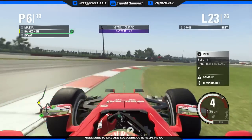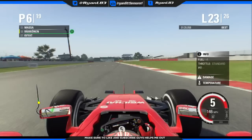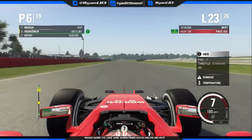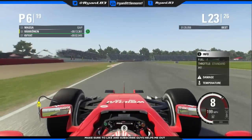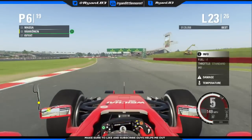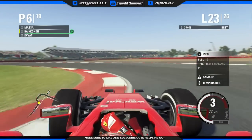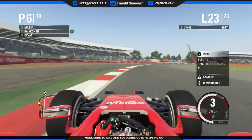As Vettel, oh god, bit of a lock, bit of an issue with the brakes there, pushed us a bit off the track. But Vettel again sets the fastest lap, so it's nice to see the two Ferraris have the fastest time in the race, so we can take that away from this. You can see the gap already, we've pulled away from Kvyat already, so there's quite a lot of blobs ahead, so maybe a hint of a possible fifth place on the cards here,